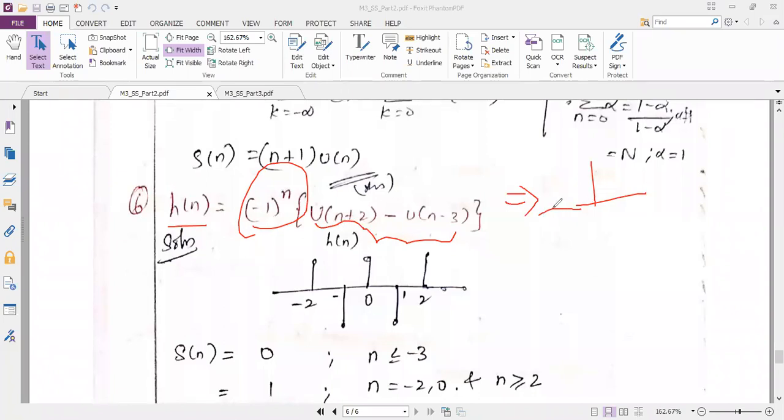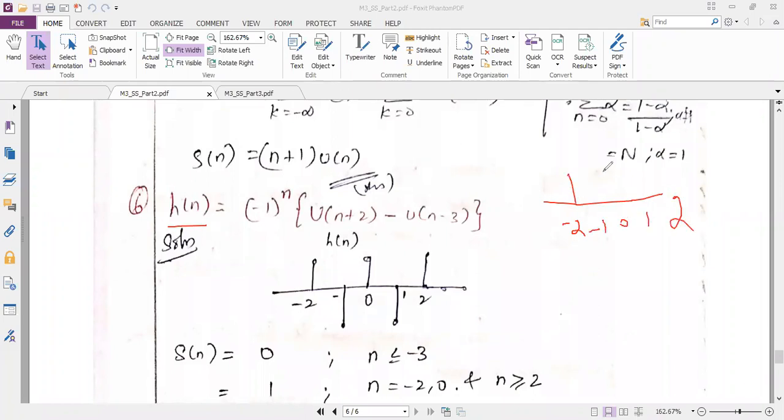So we'll just continue the problem. I think you have taken this question, right? So u of n plus 2, you know how to plot it. I will start from minus 2, so it goes up to infinity towards the right hand side. And can anybody solve this bracket and get me the answer? Minus 2 to 2. Is it correct, everyone? I think it is correct. So minus 2, minus 1, 0, 1, 2.